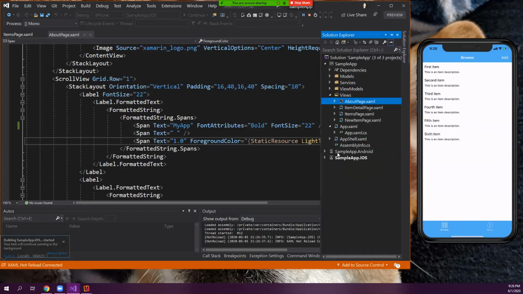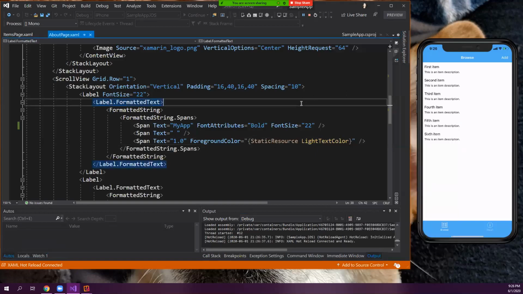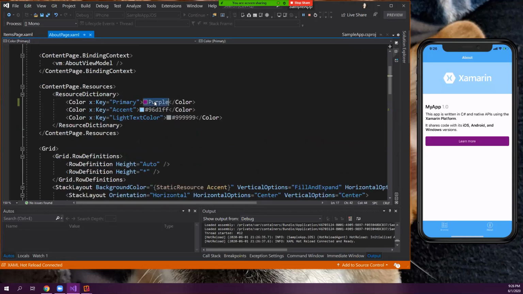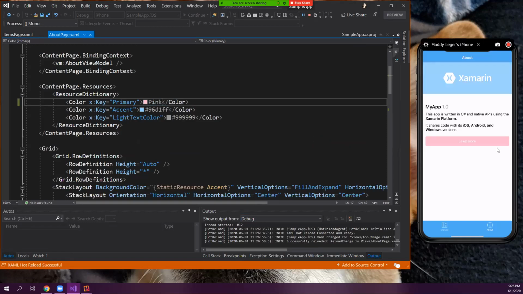I can go in and open my project file here. We are migrating them to the newer project system in the near future, but not quite yet, hopefully for the .NET 6 timeframe. So I'll change this now. I'll hit save. Now it'll update.